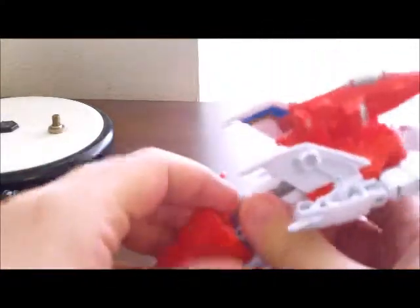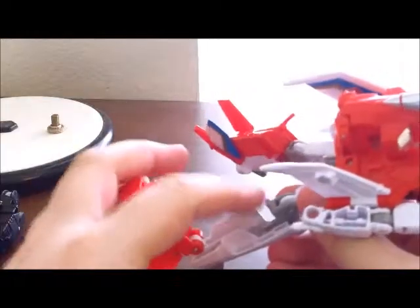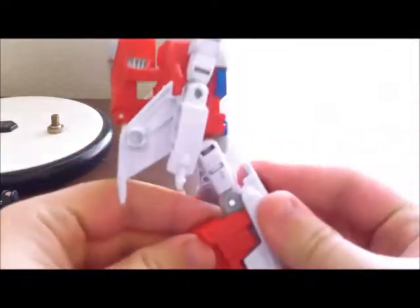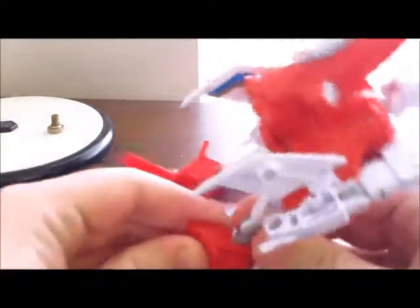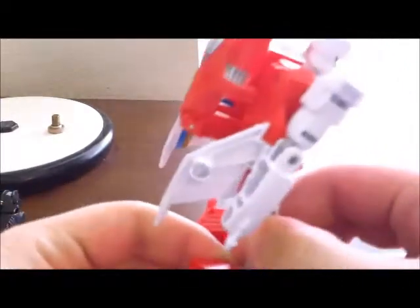It's a really cool idea for a transformation. Really adds a bit more complexity to it. Split the legs after you get them all set. By the way, when you're pegging them in, this tab will tab into there, and this tab on this side will tab into here. So it has an interlocking system to keep the legs shut, which is really nice. It can be a pain in the butt to get closed,